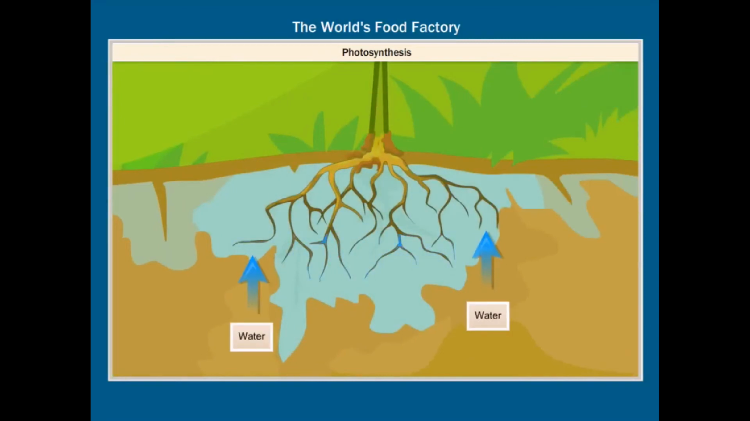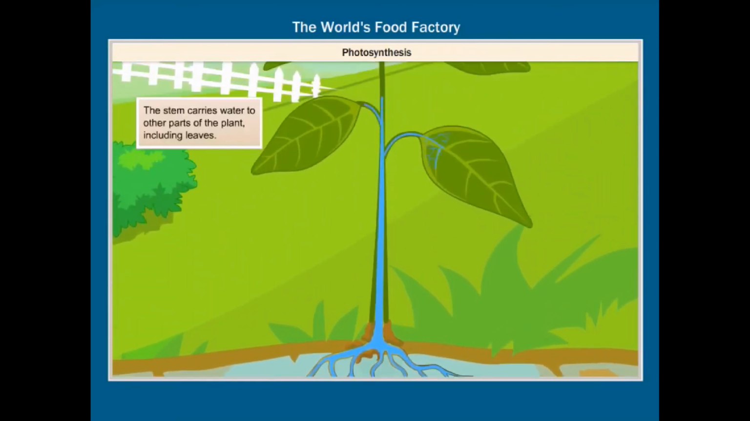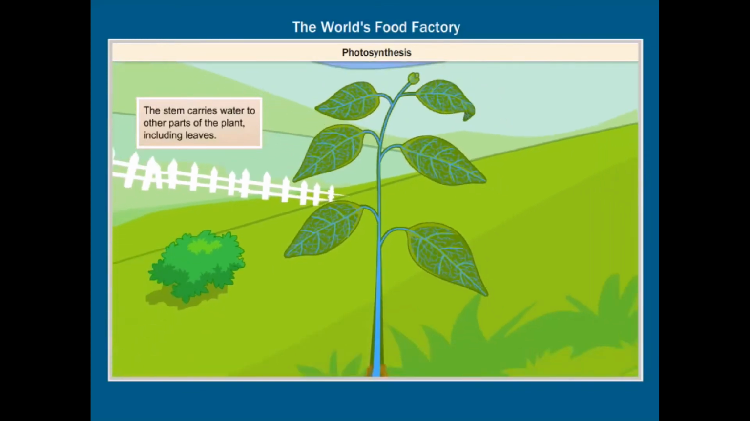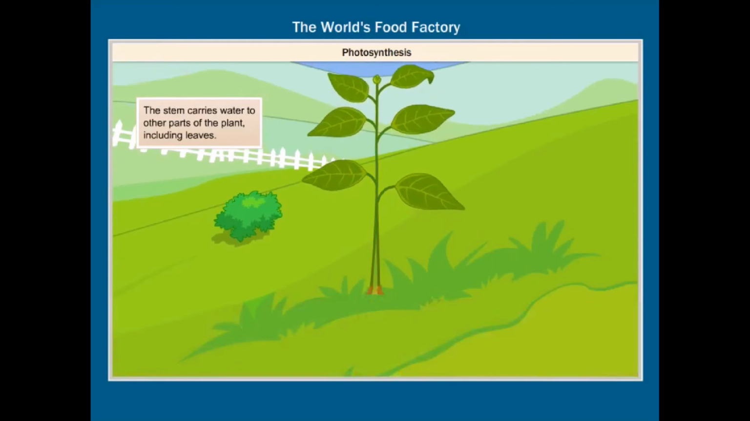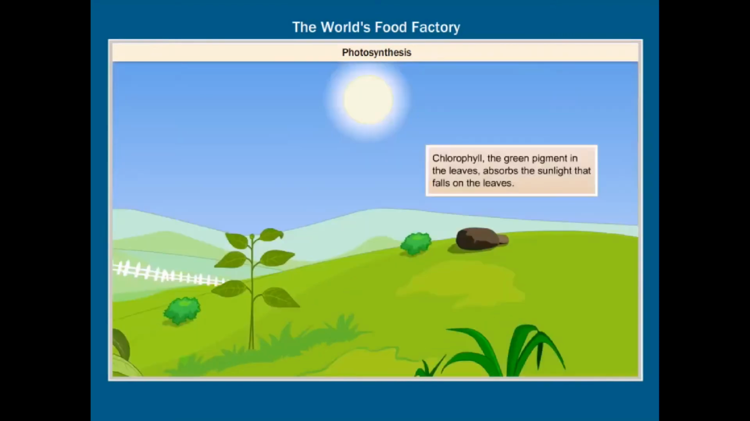Roots absorb water from the soil and send it to the stem. The stem carries water to other parts of the plant, including leaves. Carbon dioxide required to make food is taken in from the atmosphere, along with other gases, through small pores in the leaves called stomata. Chlorophyll, the green pigment in the leaves, absorbs the sunlight that falls on the leaves and